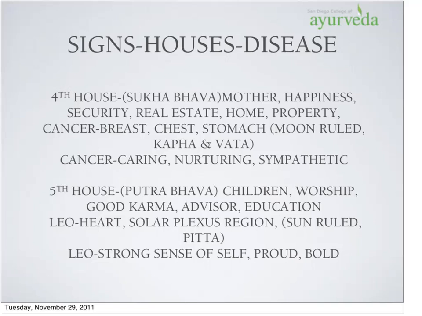They're very proud and bold. They stand out. So what we're doing is integrating the house, the bhava, with the characteristics or the nature of the house. We're integrating it with the planet that rules it, and also with the dosha. So let's move into the next house,